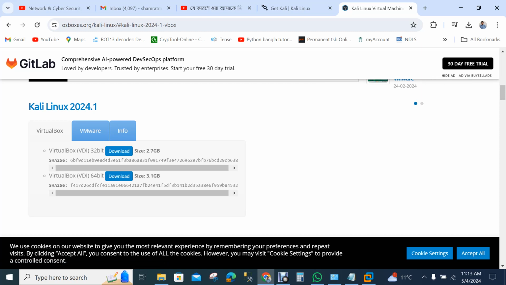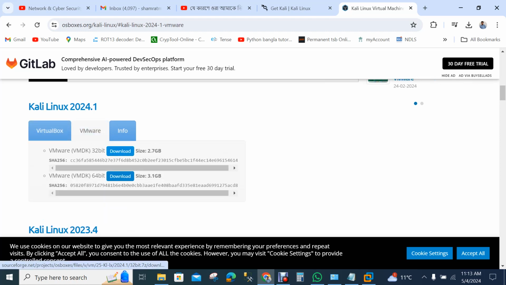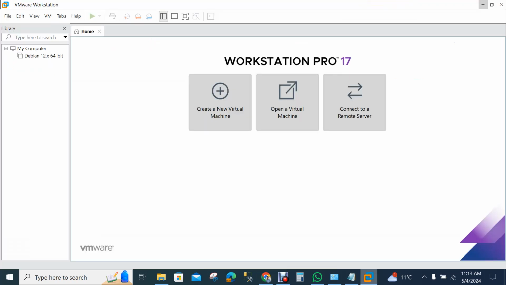If we download the VDI file for VirtualBox, or VMDK for VMware Workstation, both are the same. If we download a file in that format, we can easily use Open Virtual Machine.